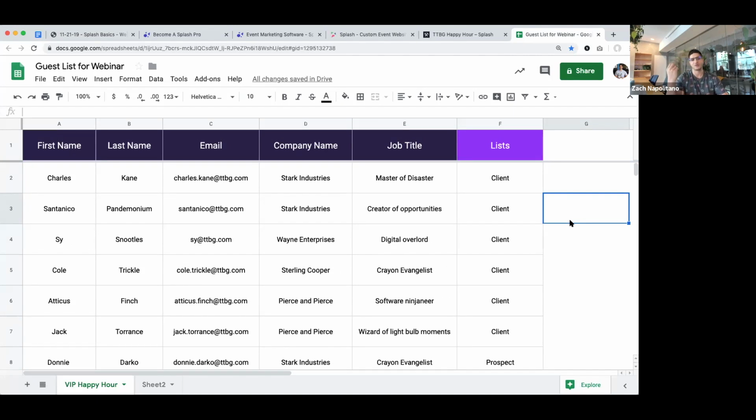And 2, it's going to make it really easy to email these folks by guest list segment. So if my clients and prospects need a different email than my investors and VIPs, I don't want to be burning a ton of calories doing VLOOKUPs and exporting and re-importing into Splash. I just want to be able to select a list and fire off the communication.